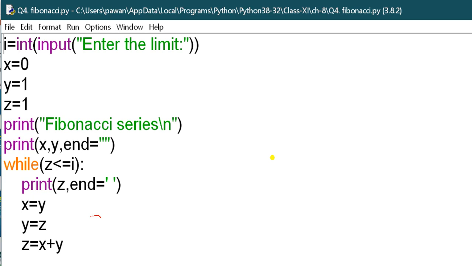Now you have to use the while loop so that it will check the condition: while z is less than or equal to i, print z and space. Here I have used the swapping logic: x is equal to y, then y will become z, and then z equal to x plus y. So this is the code for your Fibonacci series.